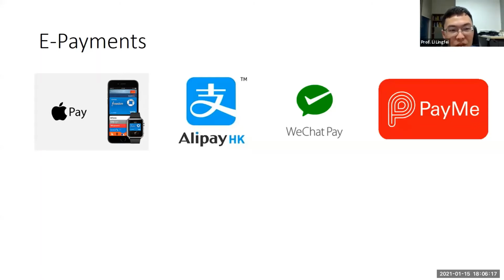But at the same time, these apps also make our life more secure. So think about an unfortunate situation. Let's say you lose your wallet, with several cards in it. You lose the wallet, you lose these cards, and you have to call the banks to cancel these cards. And if these cards are from different banks, then you have to call different banks, and this is really inconvenient. But what if you just use Apple Pay, and let's say you lose your iPhone?